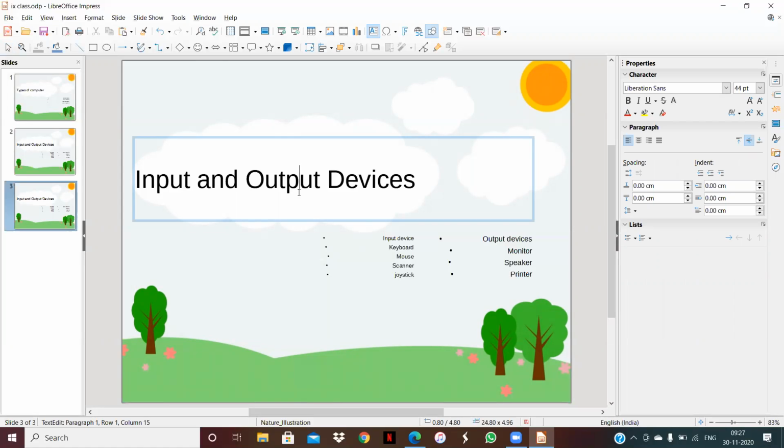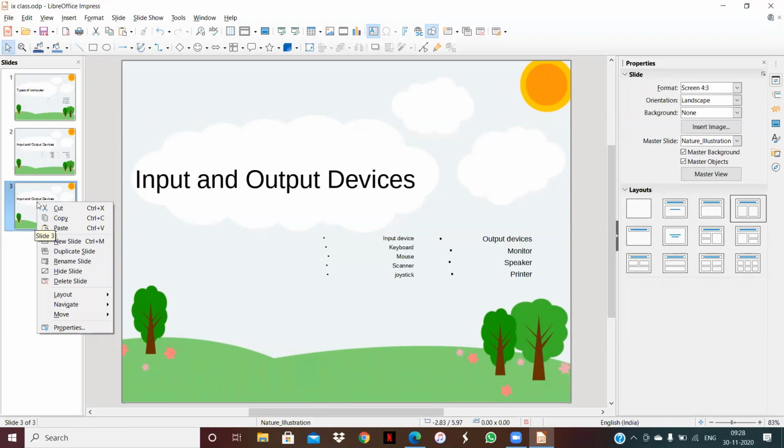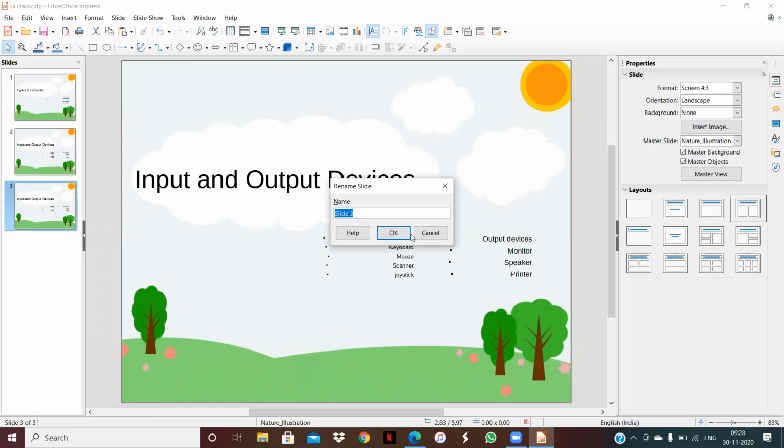Next topic is renaming a slide. Suppose that I want to rename this slide. Right click here, then you will see the option rename slide. In place of slide 3, suppose that I want to set the name as hello. I just click on it. Now whenever we hover the mouse here, it shows the name hello. On this it shows slide 2, it shows slide 1. But on this it shows the name hello because we renamed this slide.